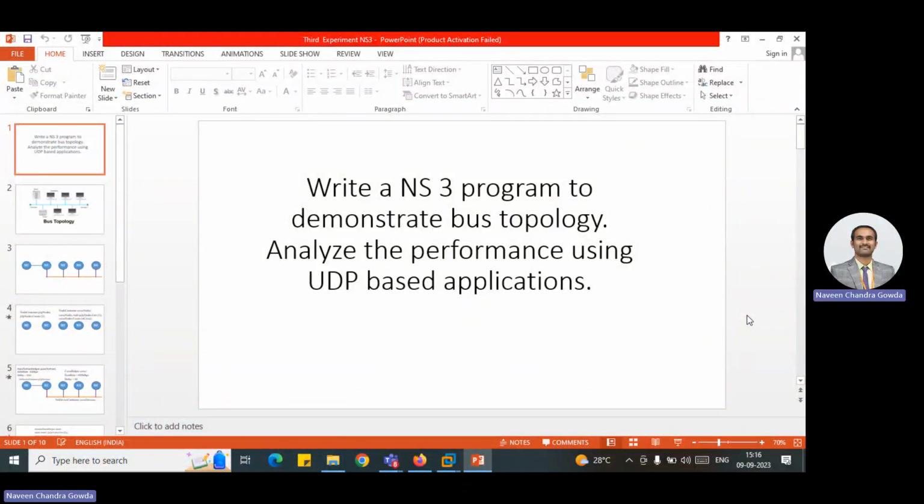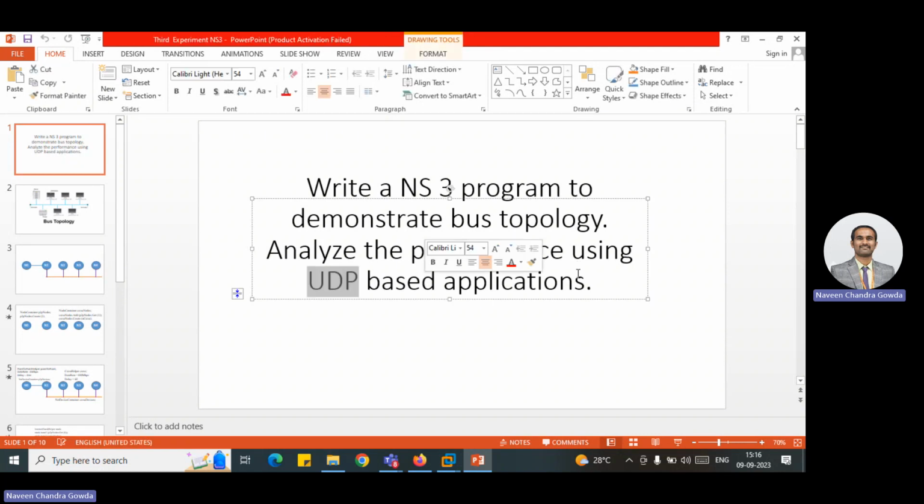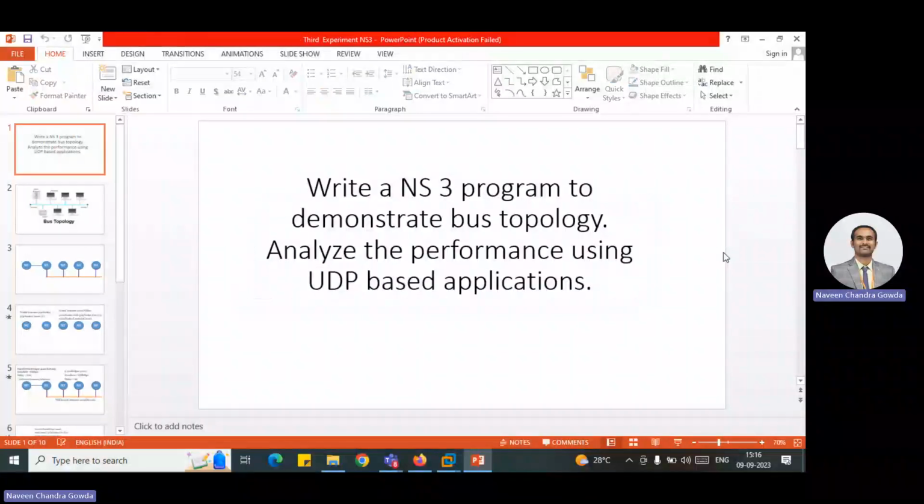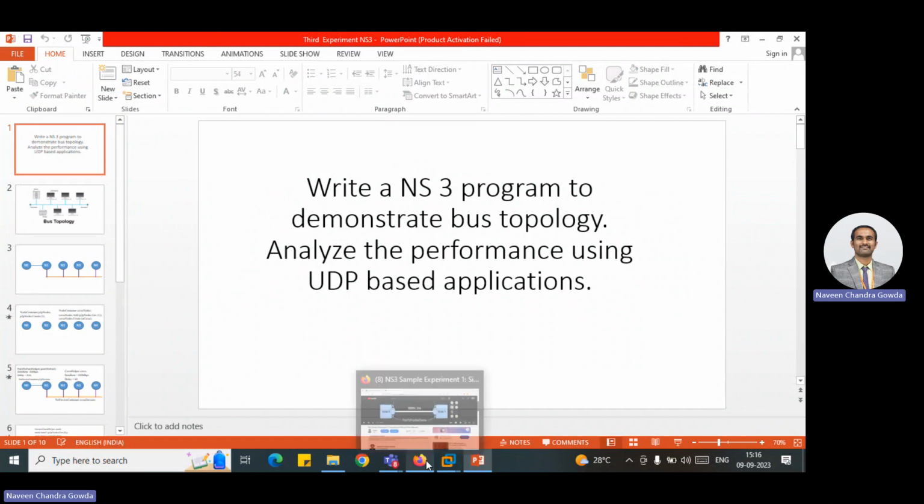Hello all. So today we will be discussing this NS3 program to demonstrate the bus topology. Then we'll be analyzing the performance by applying the UDP application as a client and server among two nodes. But before we go ahead with this, I suggest you all go through this particular video,